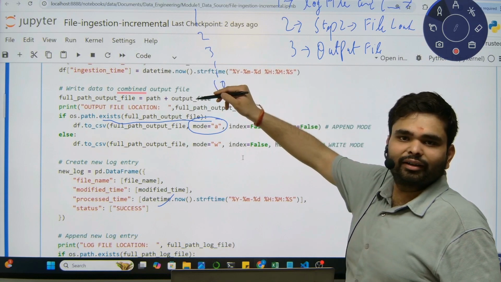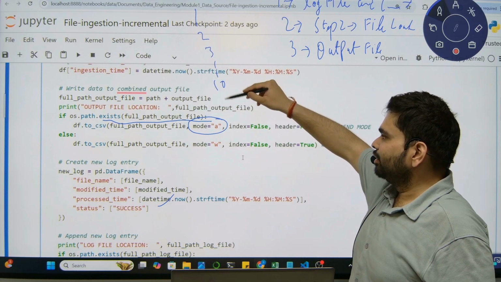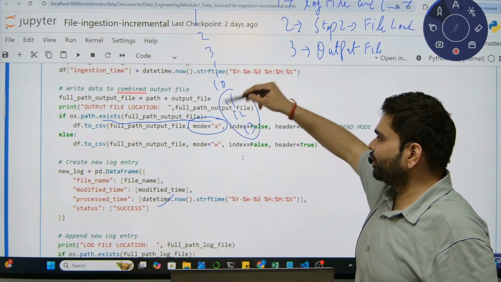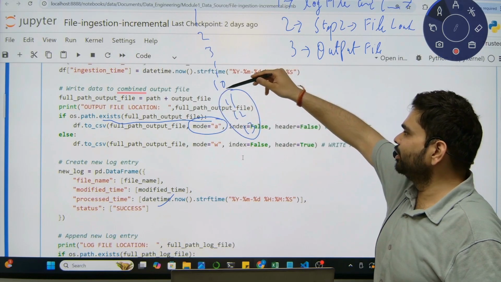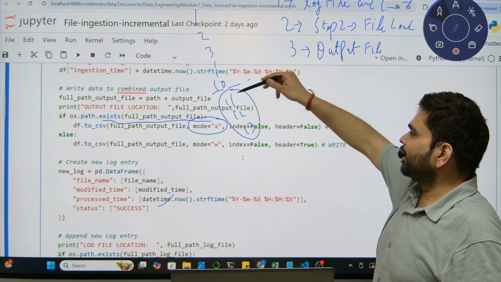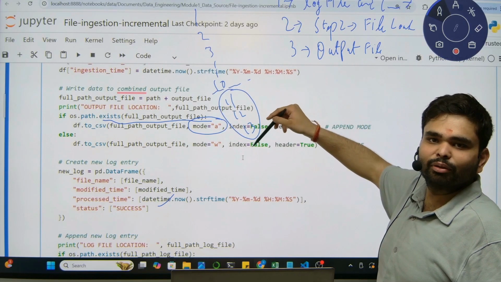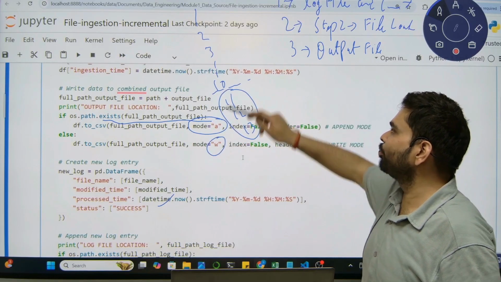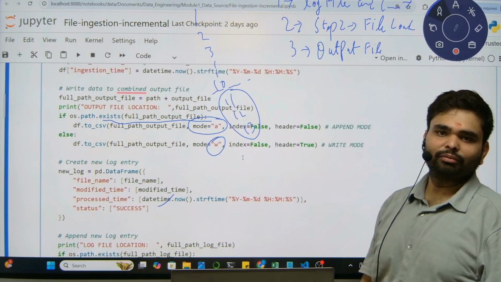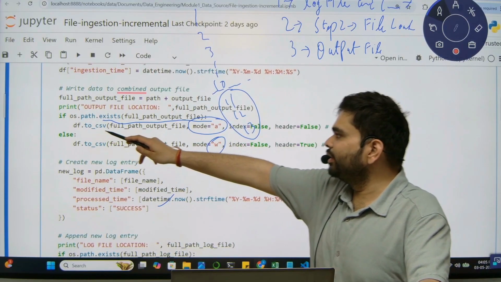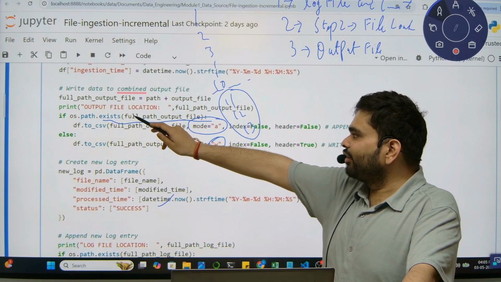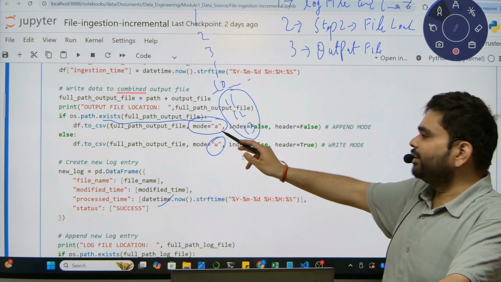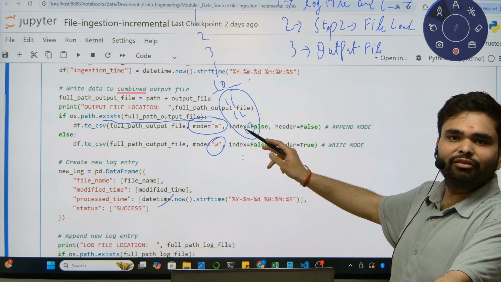In the current ingestion, we get the 11, 12 and 13. If we use the append mode, A mode, we will get these rows below the 10th row. But if we are using the W, then it can overwrite all the above rows also. So using that file path, we are appending the new data into the existing file.